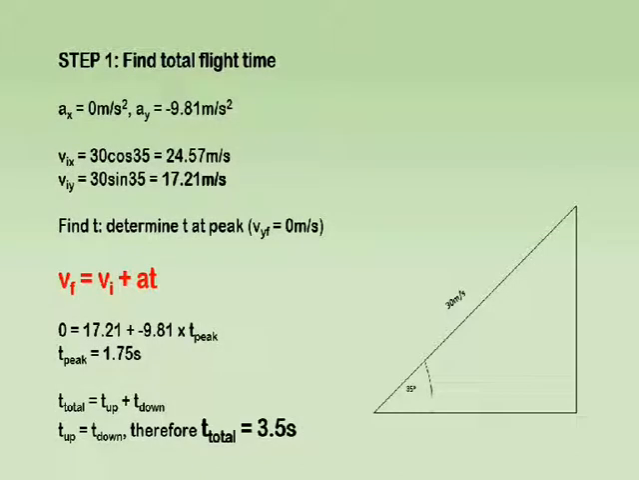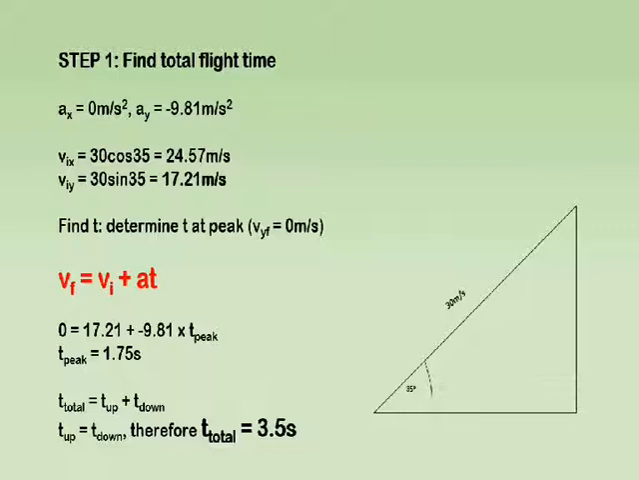Let's assume the batter hits the ball 35 degrees above the horizontal, with an initial velocity of 30 metres per second. From this we can determine the horizontal and vertical initial velocity components, and subsequently calculate the time in the air. We know that the horizontal acceleration is 0, and that vertical acceleration due to gravity is negative 9.81 meters per second squared. We can use the vertical velocity and acceleration components, along with the formula final velocity equals initial